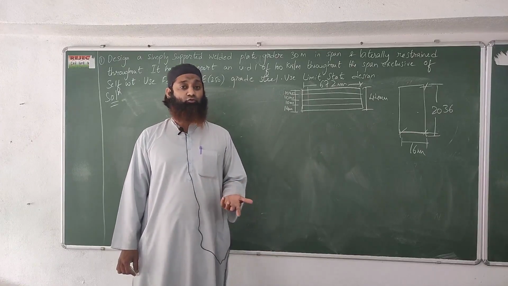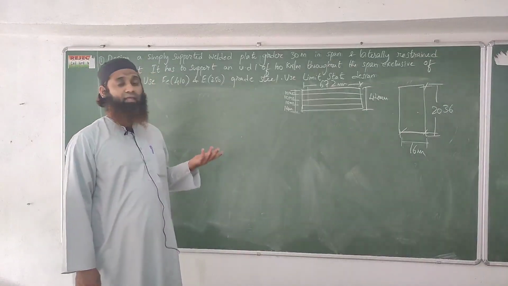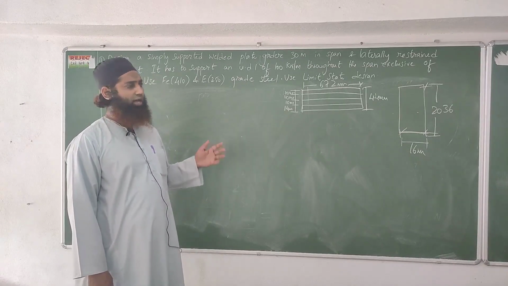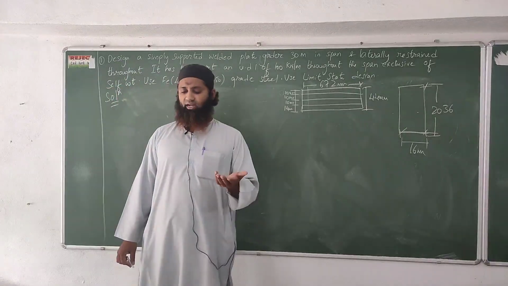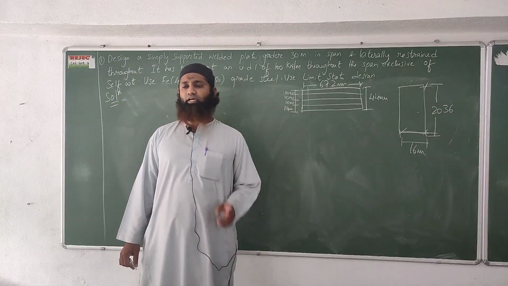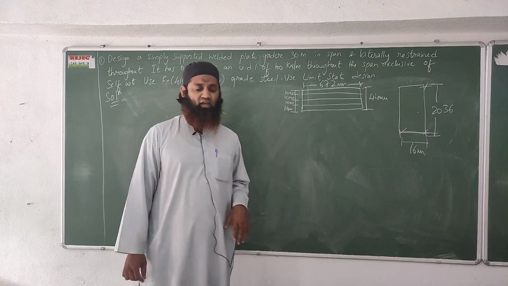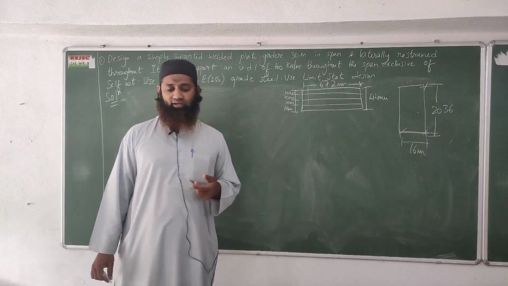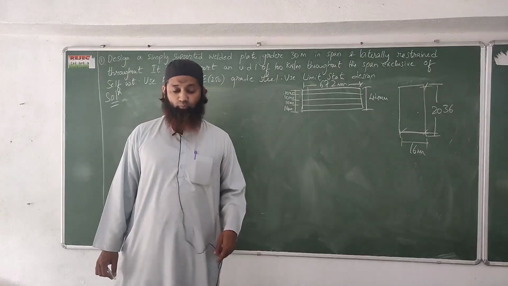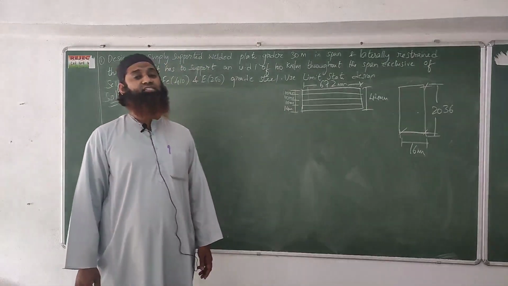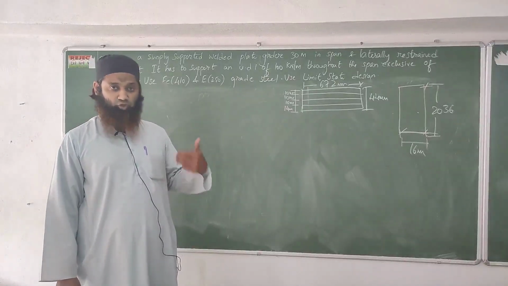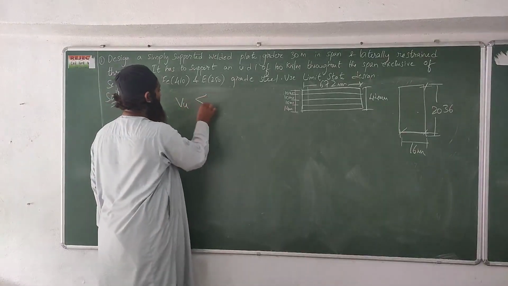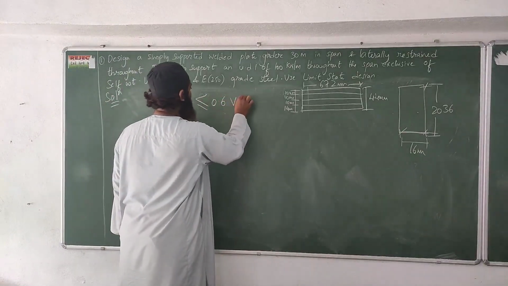Next, we'll have to check whether this web and this flange are safe in shear and safe in flexure also. The next step we had done is we had checked for low shear or high shear. In page 53 a clause comes in which it says VU, the maximum shear force that we had calculated, the ultimate shear force, should be less than or equal to 0.6 times of design shear. Maximum shear force VU should be less than or equal to 0.6 times of VD.